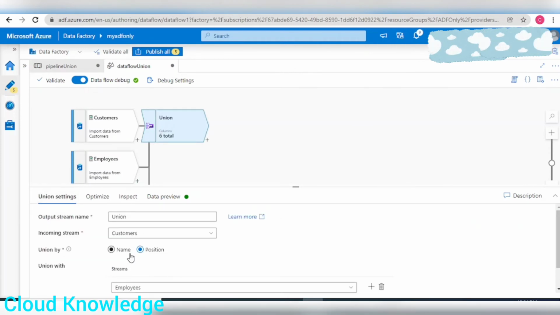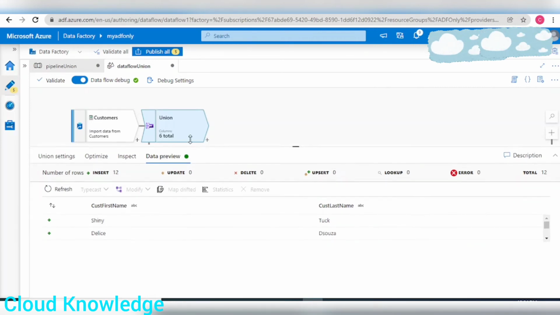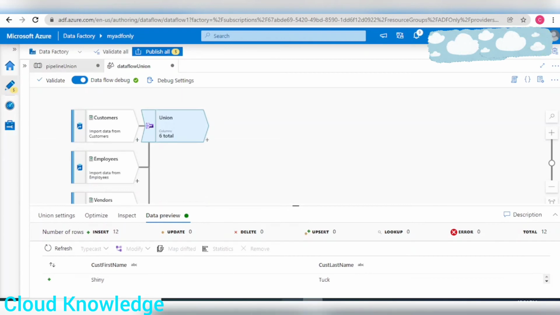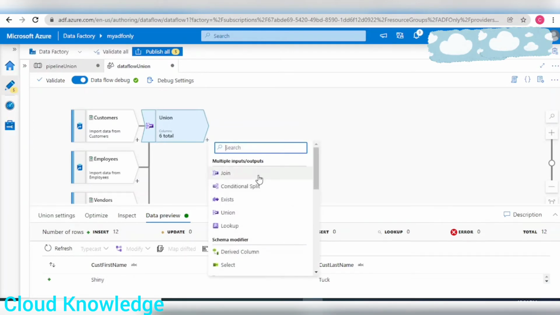So we'll keep the setting as position because we want the data to appear in the same column. Now, since in the output data set we don't want the name to be cus first name and last name, for this purpose we can add the select transformation under the schema modifier section, which will help us to rename the